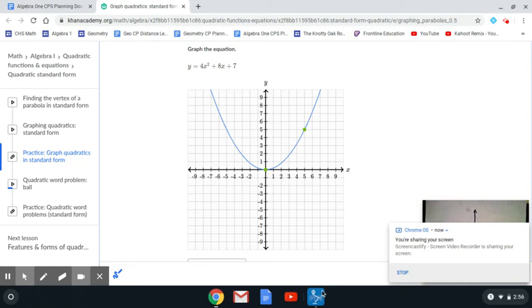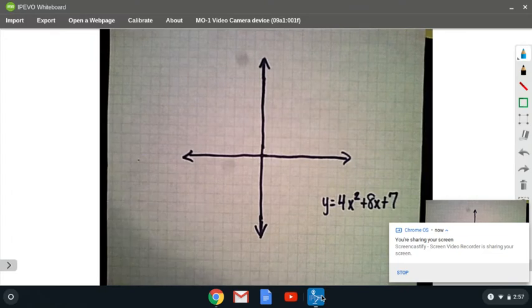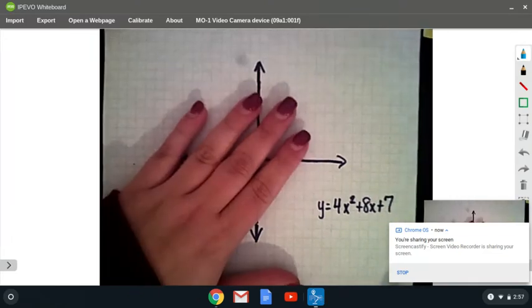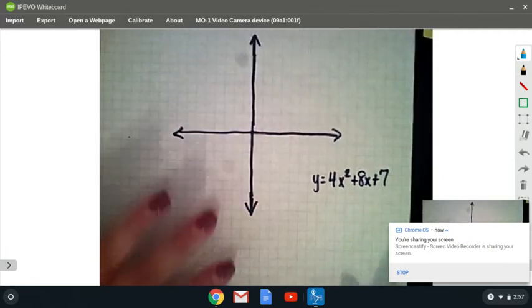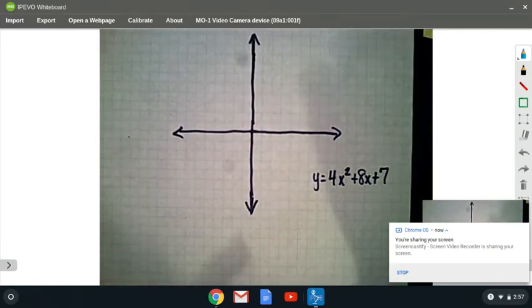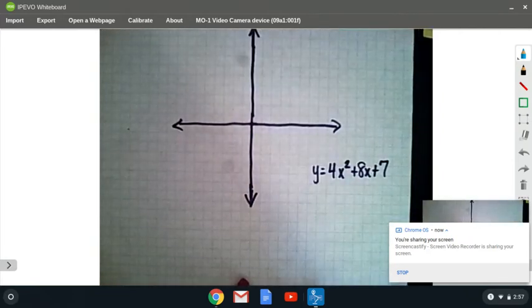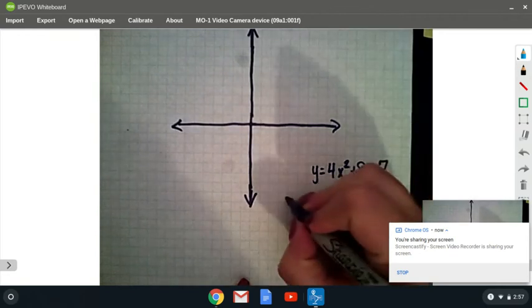I'm going to now go to my document camera and show you how I would do out this math on paper. So I'm also going to graph it on paper. You don't really have to in order to do the problem, but I'm just going to give you an extra visual. The first thing we would do here is we can always first graph our y-intercept,